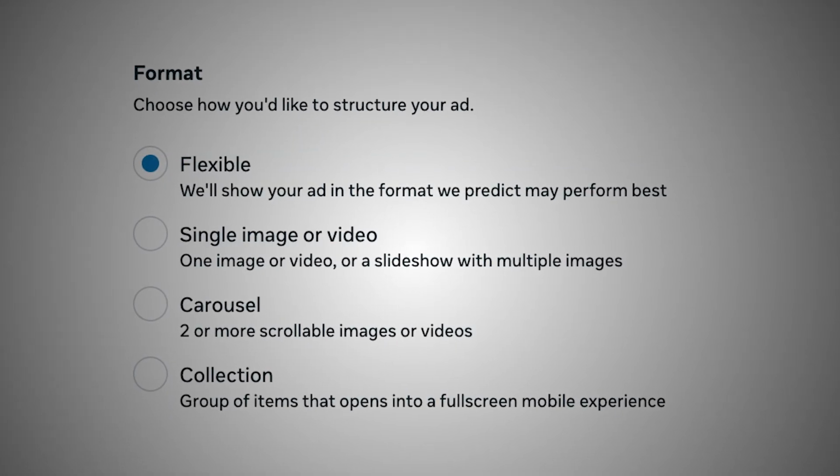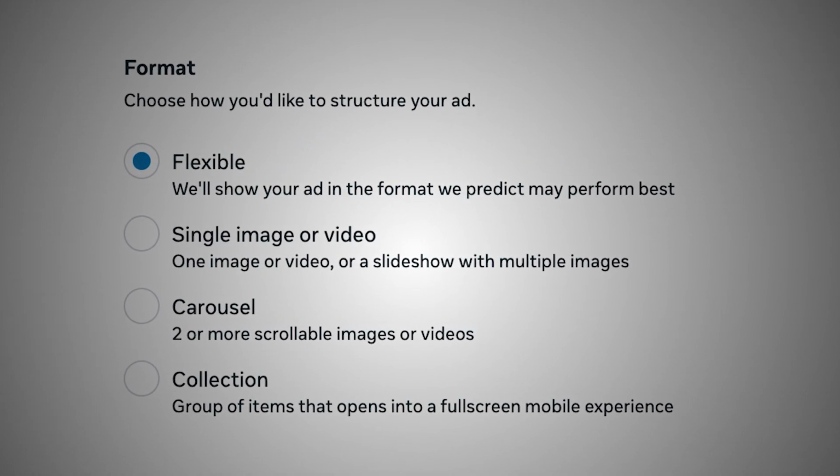Why? Most advertisers are sleeping on this. There's actually a Facebook ad format that's quietly outperforming traditional image and video ads, especially for businesses that rely heavily on creatives. We're talking about Meta's flexible ad format, and it's one of the most powerful, underused tools in your ad account right now. We've seen results improve drastically just by switching to this setup, especially in campaigns where creative